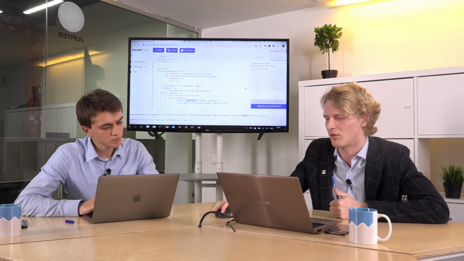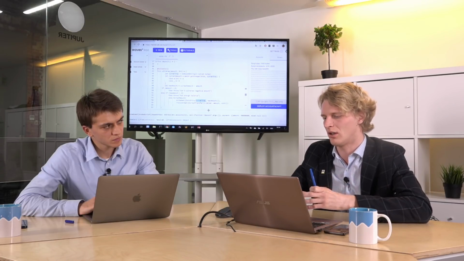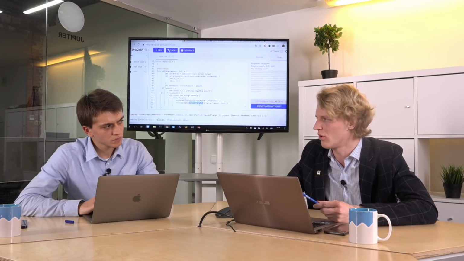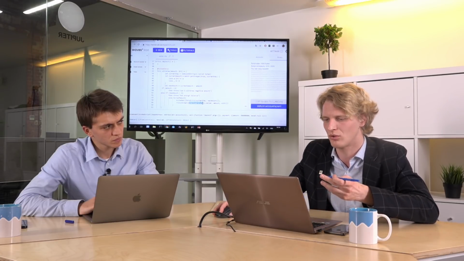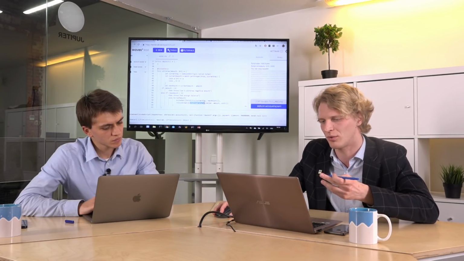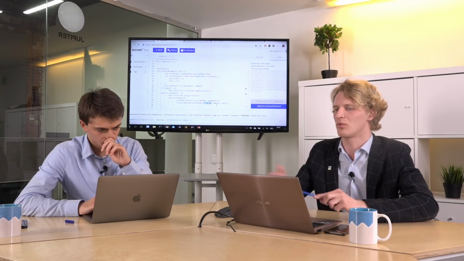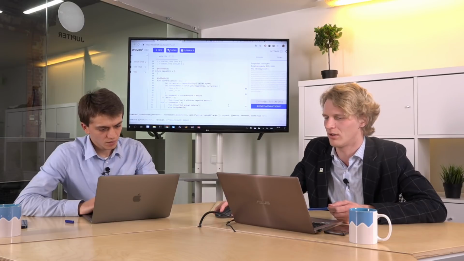So the data entries should appear at the account, and transfers should go from the contract to this address that you specify. In this case, it's the caller, the one who withdraws the amount.